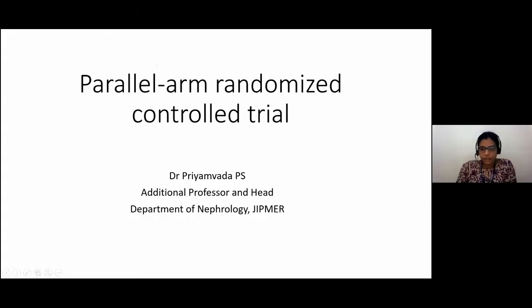So today I will be discussing how to go ahead with the parallel arm randomized trial. I hope most of you have gone through the clinical scenario which has already been circulated. So I'll be discussing what sort of patient population should be included, what should be the objectives, and how to analyze the data in different ways. And towards the end, once I finish, Dr. Harichandra Kumar will be speaking on how to do the sample size calculation based on this data with the different study designs.